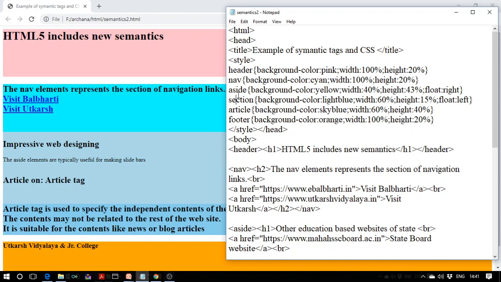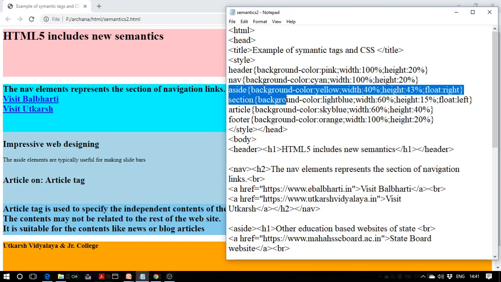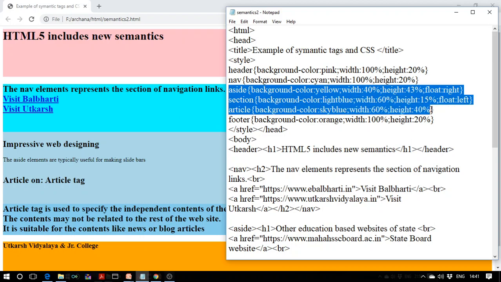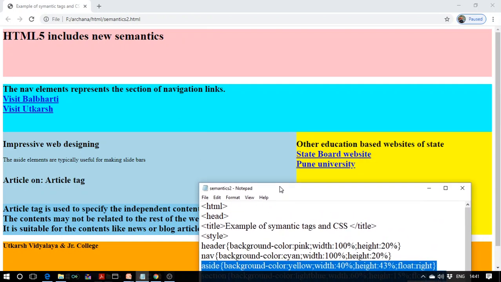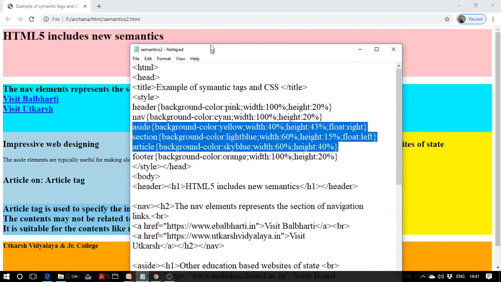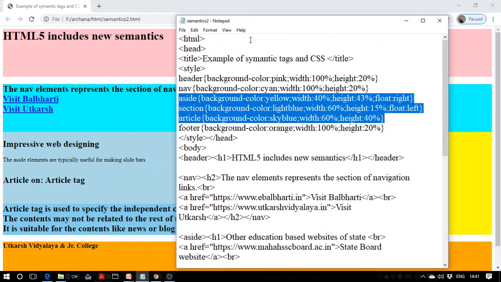Okay. So if you see these three selectors properly, aside, section and article, you can relate it with your output that both are besides. They are getting divided in the width.